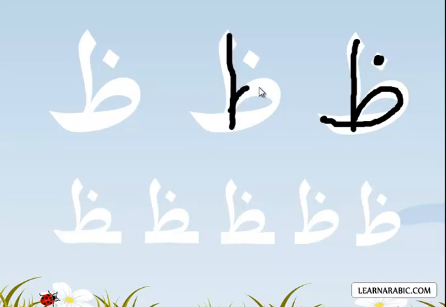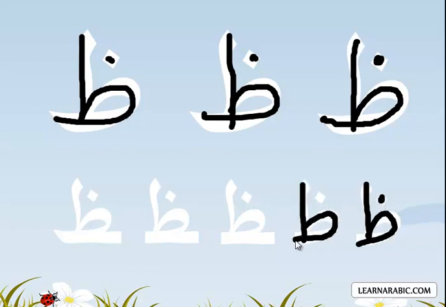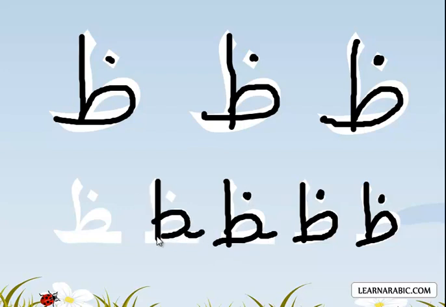Once more, the vertical line and then the loop. And at the beginning of a word, Dha, and then at the beginning again. In the middle, connector from the previous letter. And once more. And then finally, at the end of a word,